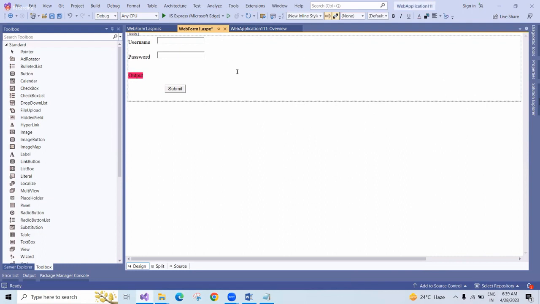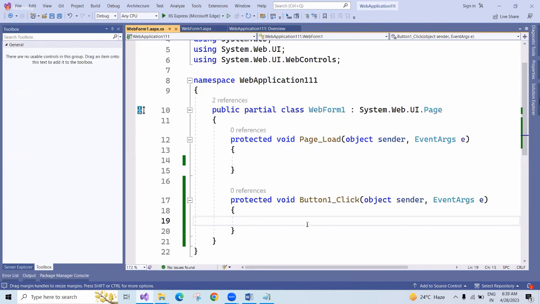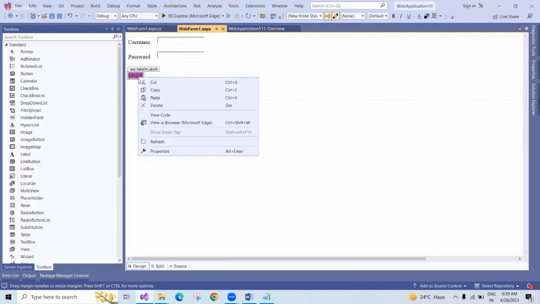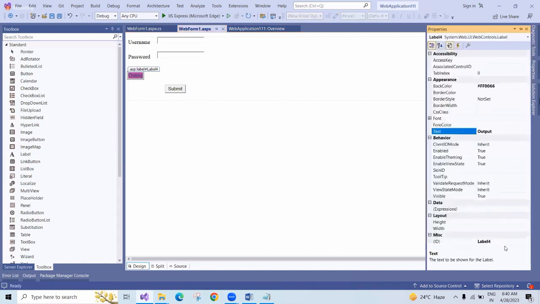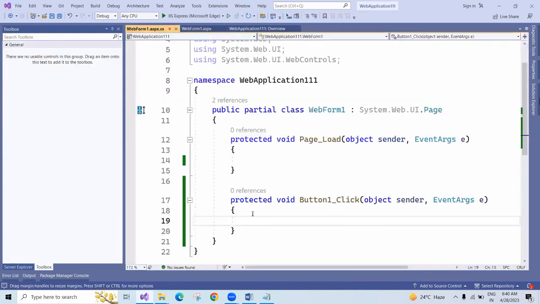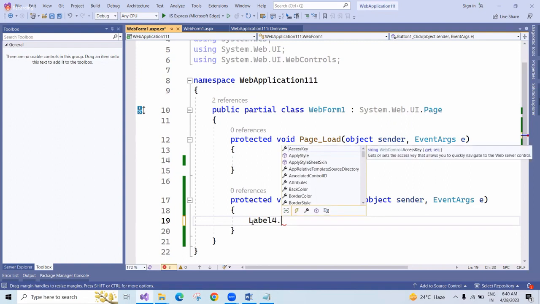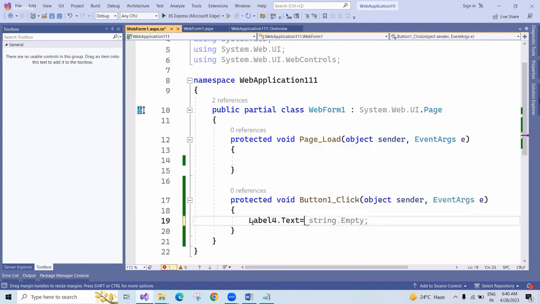Okay, so done. Now what will happen? As we discussed, we need to double click on the button. Now tell me, where do I want to display my output? On the output label. What is the ID for this one? Label 4. Now again double click on the button. Label 4 dot text equals to